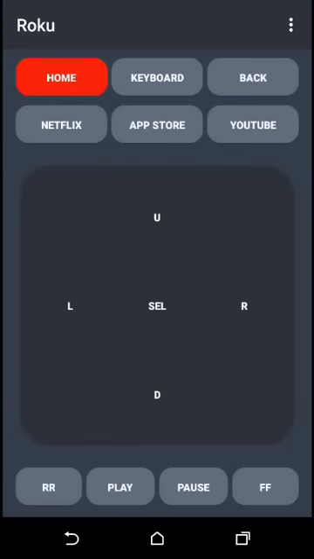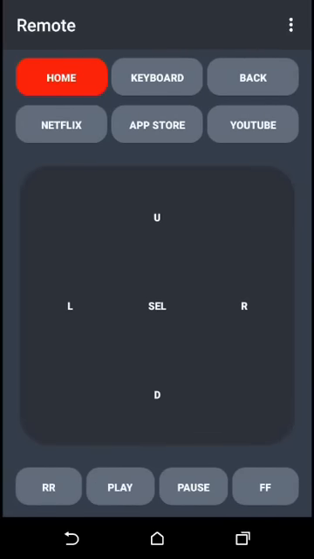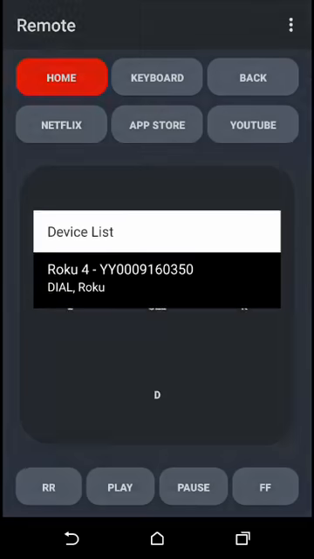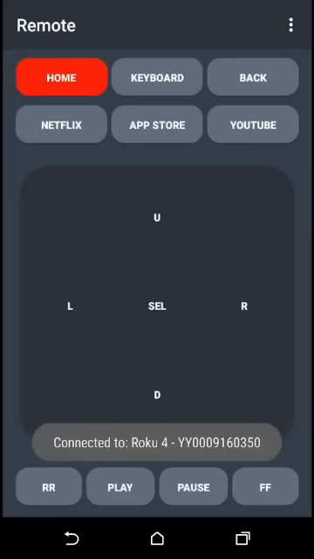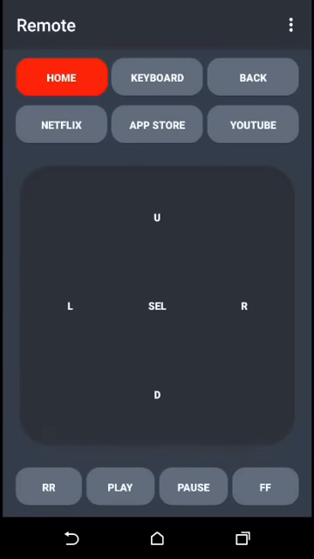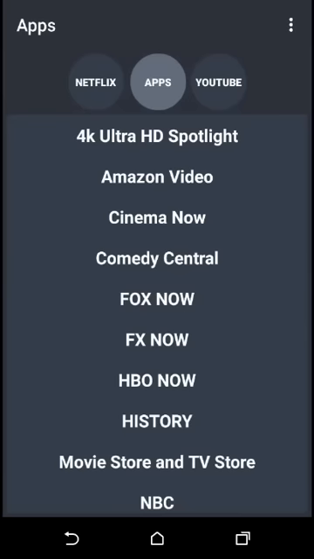So I selected Roku, and it was automatically added to our saved remotes list, and here's the layout for the Roku remote. This is powered by Wi-Fi, so to activate, you're going to need to tap the menu in the right-hand corner and select Connect. Then choose your device from the list. Once you're connected, you will be able to interact with your Roku from the